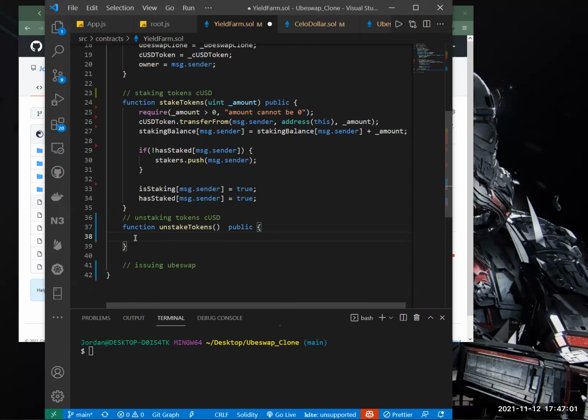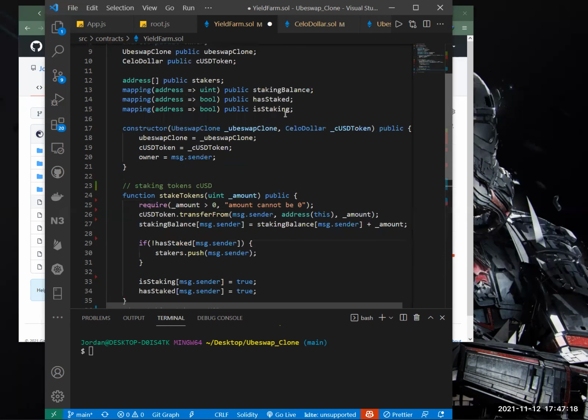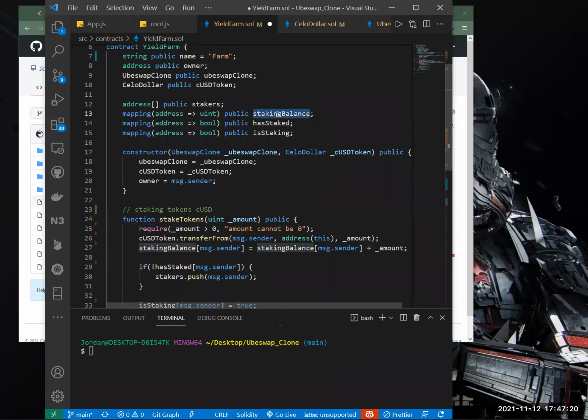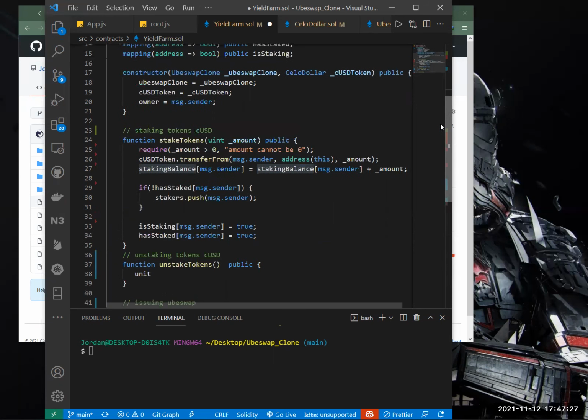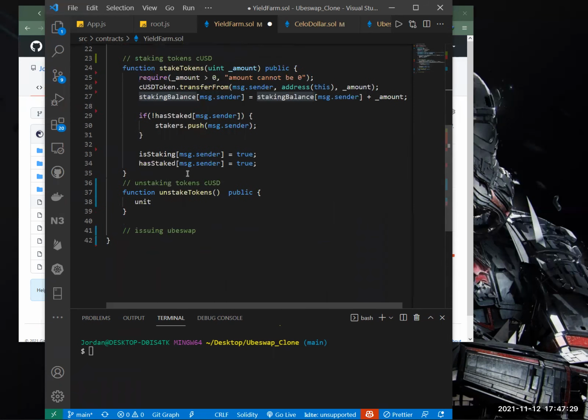Anyway, let's continue. So we'll get the balance of the person who is trying to unstake. Your balance must be in the staking balance. We have to check it from this staking balance here. It must be in this list of addresses, so all the balances which are in the pool. That's why here we were pushing